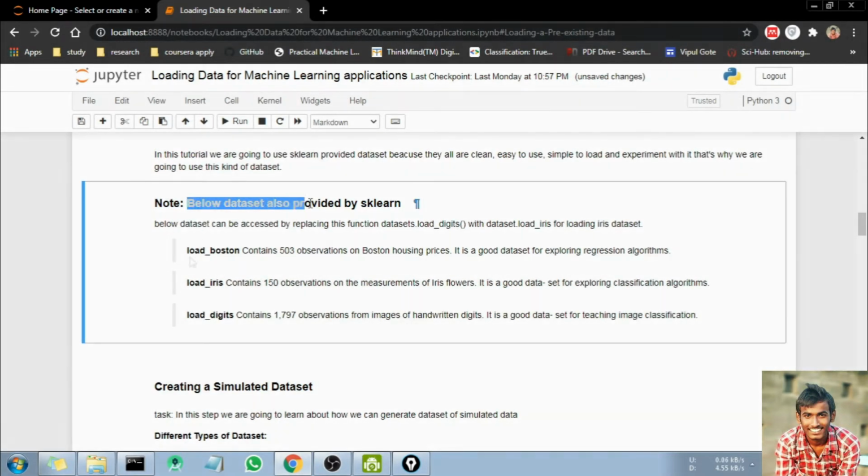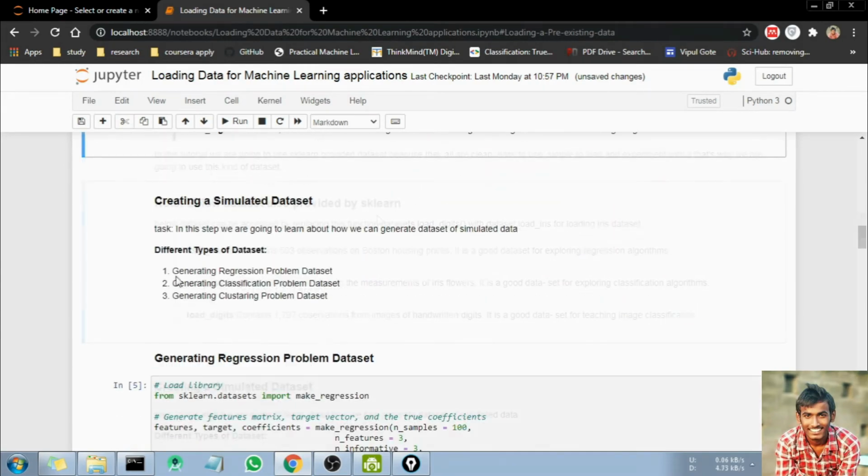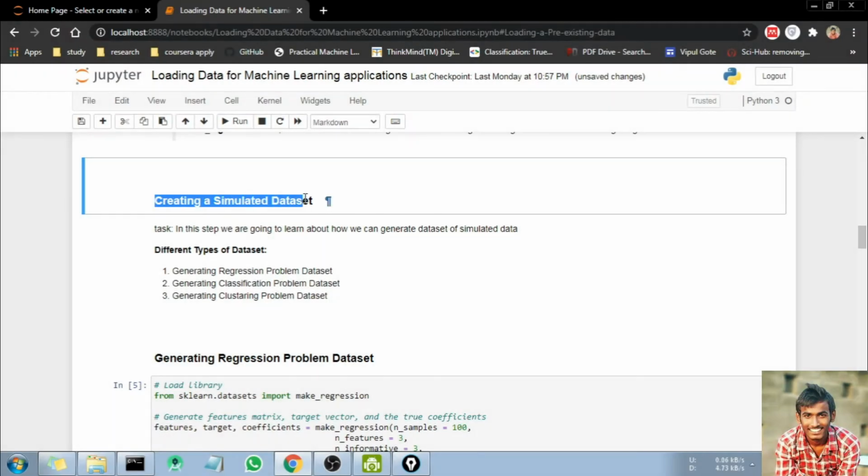Not only the handwritten digits dataset, scikit-learn also provides different types of datasets like load_boston, the iris dataset, and a fashion MNIST dataset. These are very easy to use and very easy to load.